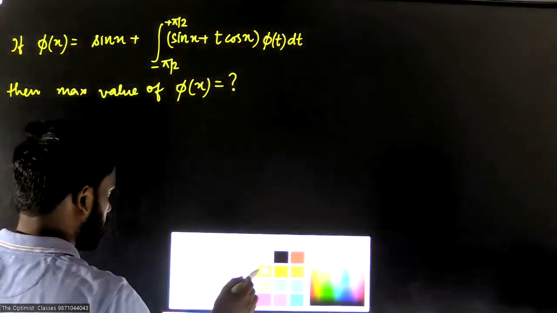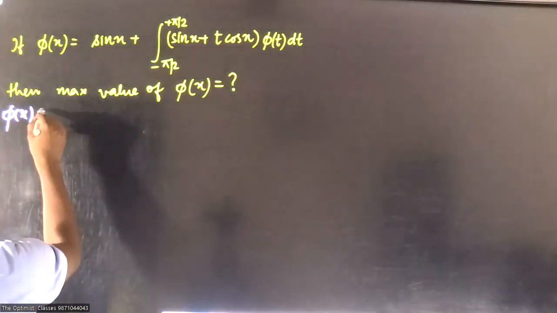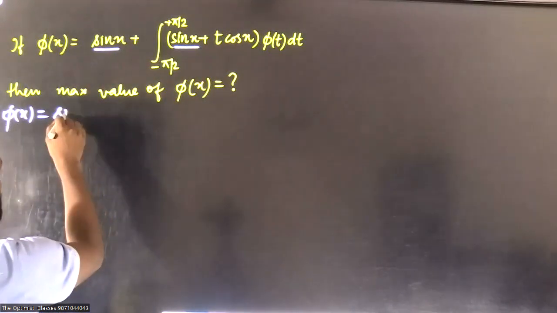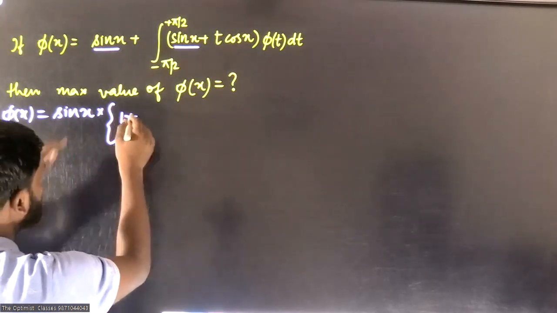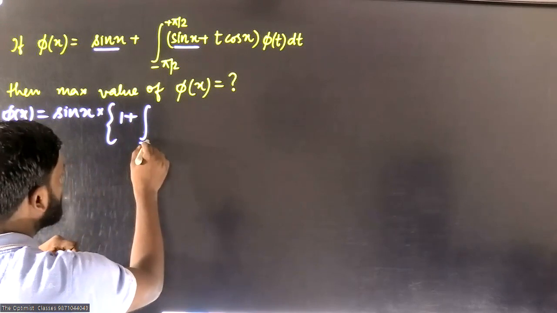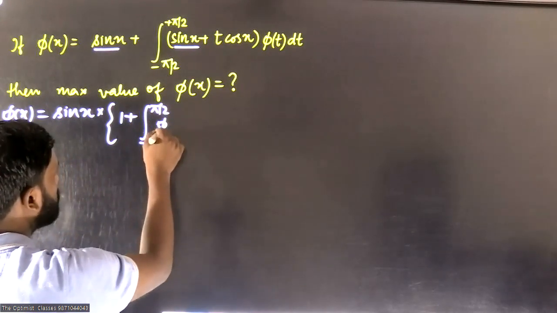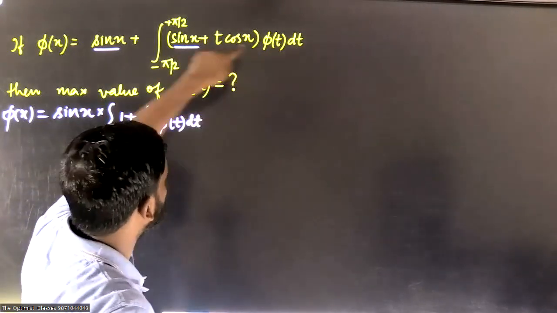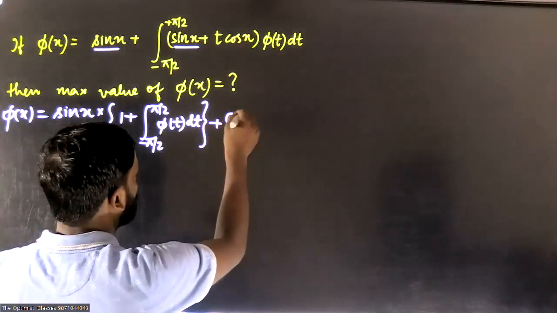What I am going to do is rewrite this function this way: y of x is equal to sin x. x is present in two places, so I'll take sin x common. sin x multiplied by, you will get here 1 if you take sin x common, and here you will get integral from minus pi by 2 to plus pi by 2 of phi of t dt. This term comes here, plus